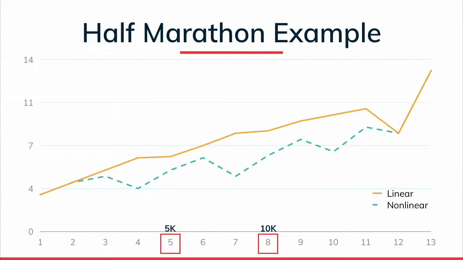Now, you may look at this figure and say, well, linear is better because we're doing more work. I mean, look at that. We're doing more volume, we're doing more training, and that's going to better prepare somebody to run. But I'm going to ask, what happens about week 6 or 7? I've seen it dozens and dozens of times. Stress accumulates, the combination of life stress and physical stress accumulates, and people get hurt.